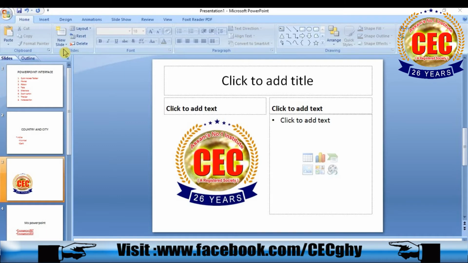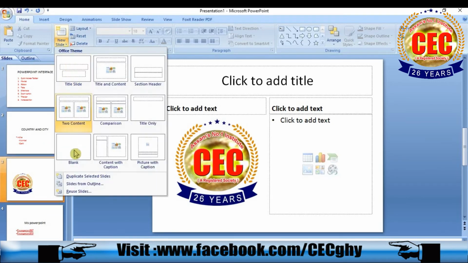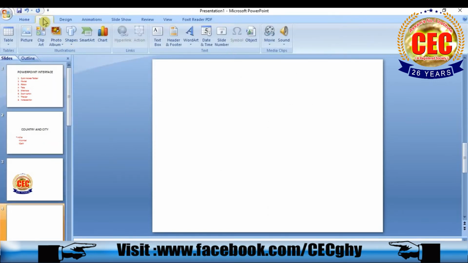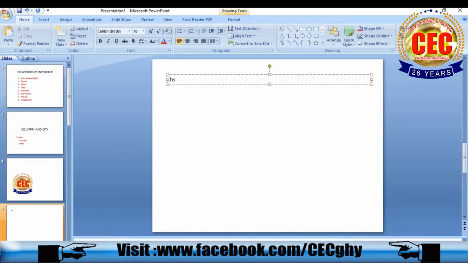Now I will show you how to insert a picture from the Insert tab. For that, first I insert a blank slide. If you want to insert text, just click on the Insert tab and click on text box. You can put a text box here and write.